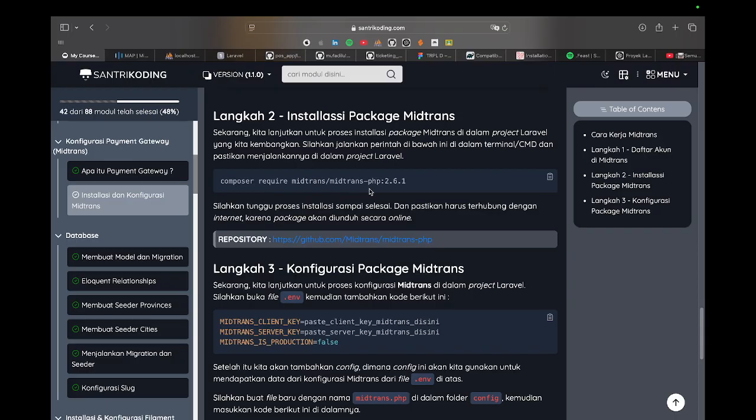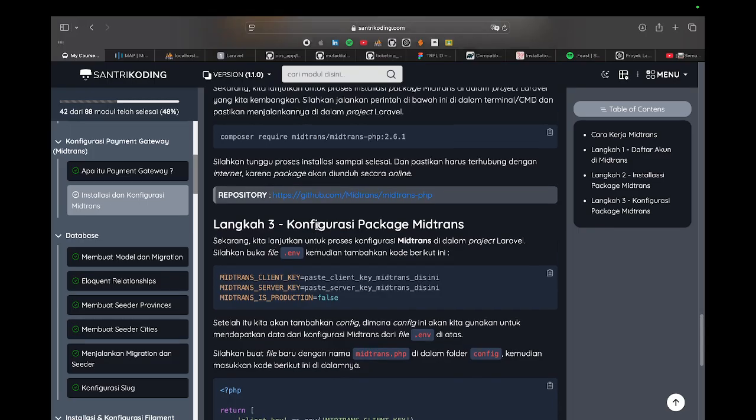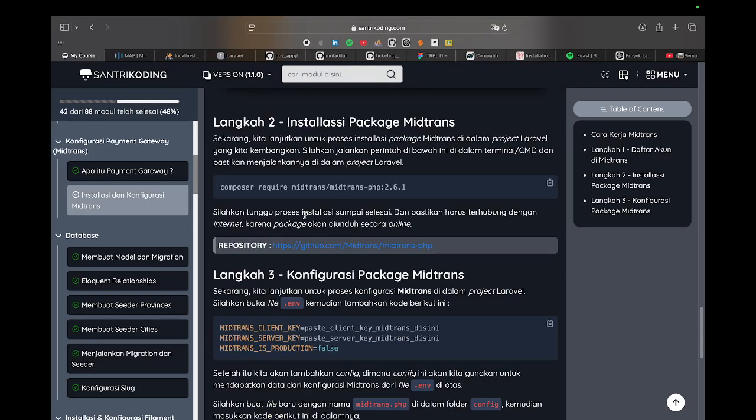We use Composer to require Midtrans in our project. The Midtrans version is 2.6.1. Or if you want to use the updated version, you just go to GitHub, Midtrans PHP.